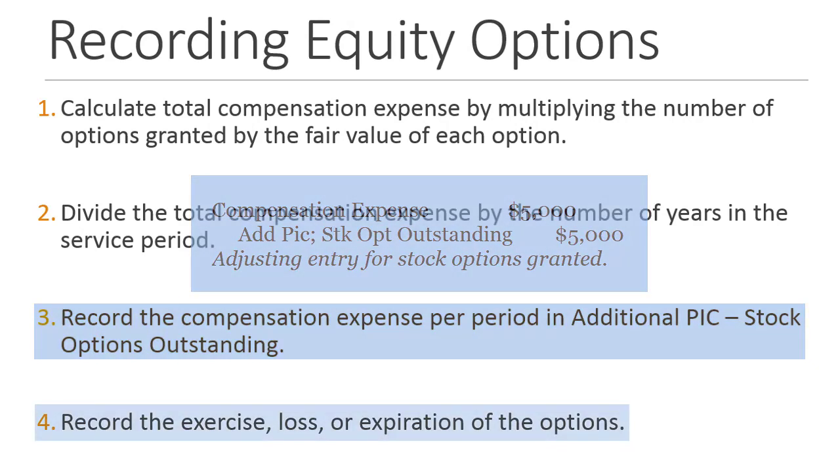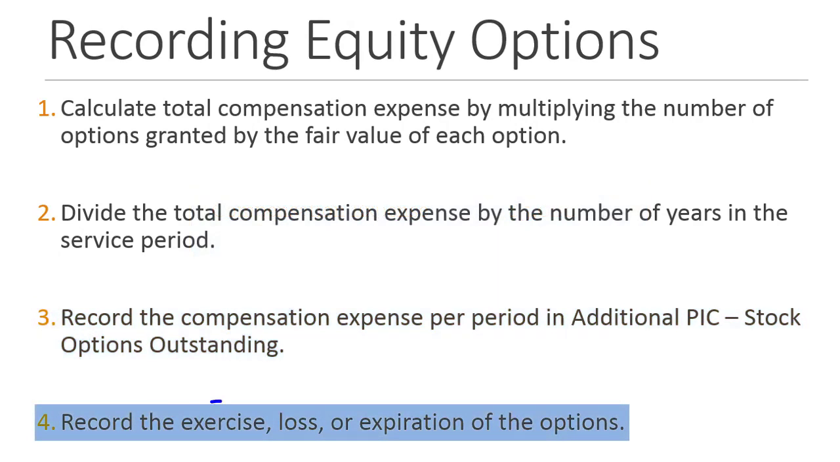And finally, at the end, we record what happens to the option. I can use them. That's what we call exercise. It's the only kind of exercise I'm involved in. The loss of those options, meaning I quit before my service period ends and I never earn them, or if